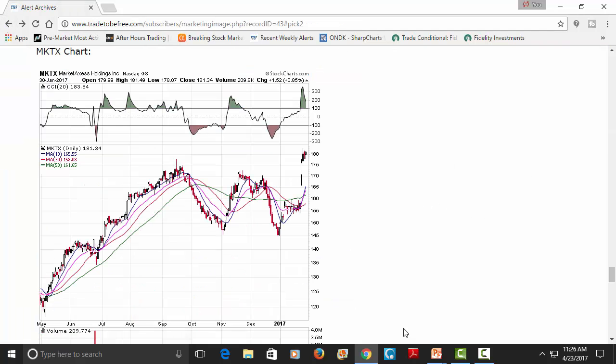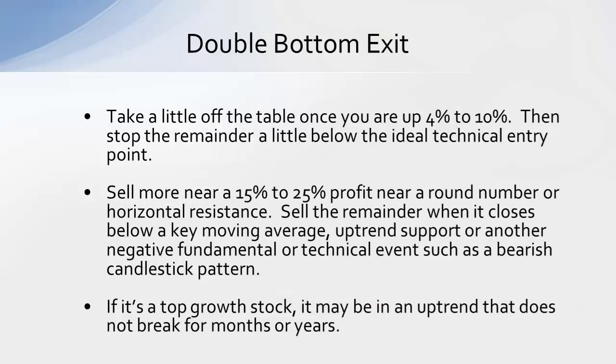Okay, so that's a good exit point for a good portion of your shares. You may want to take all of it off at that point. Now, if you've got a really good long-term uptrend support, or a key moving average that's acting as strong support, what you can do is keep a small portion as long as it holds above that support level. And again, what we like to do oftentimes is wait for a close below that key support level